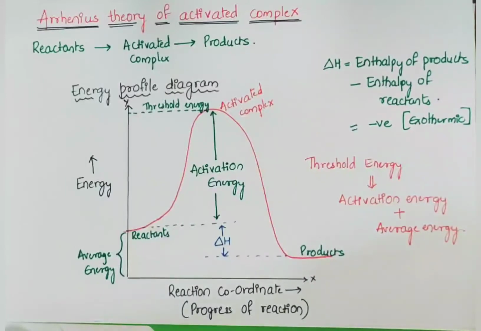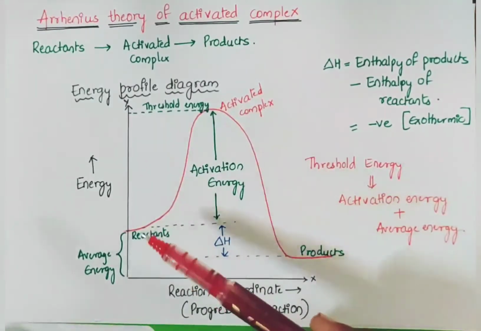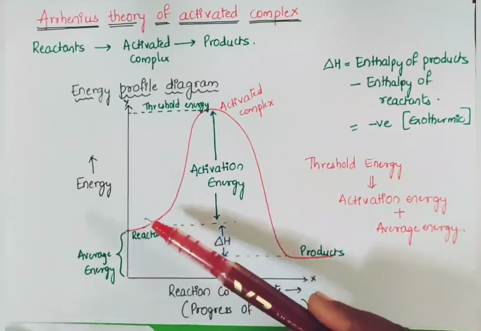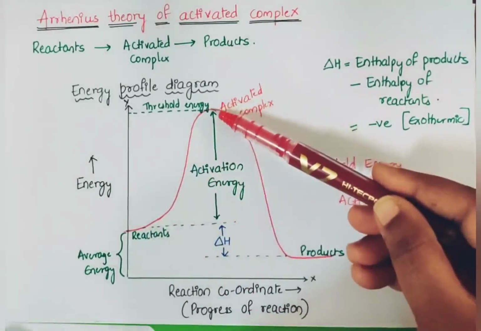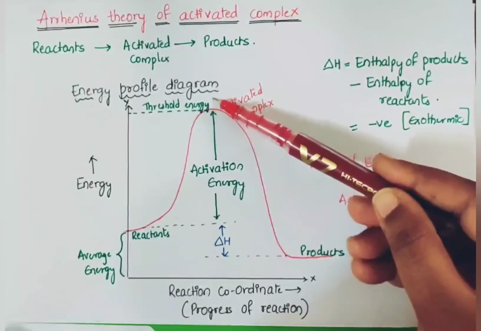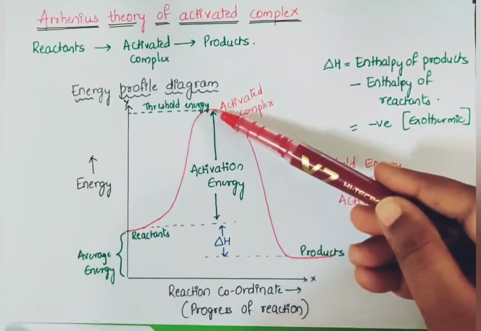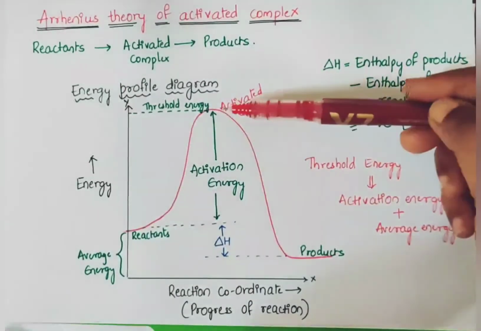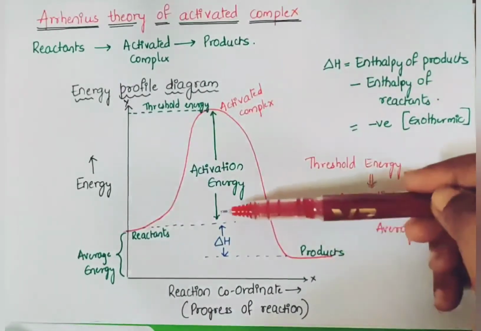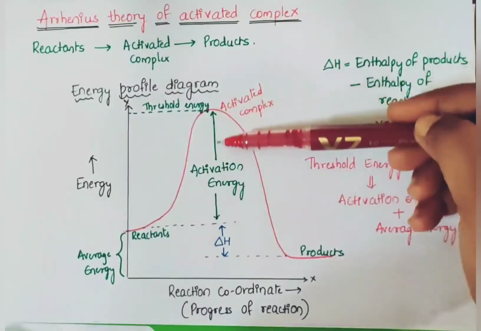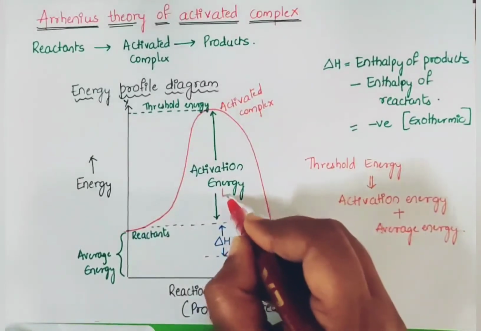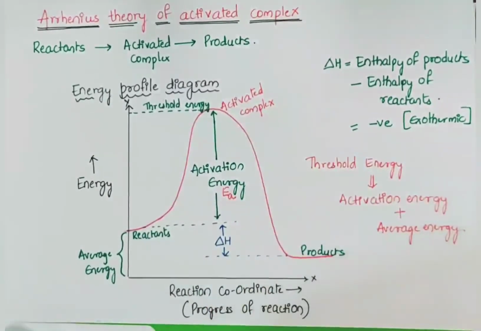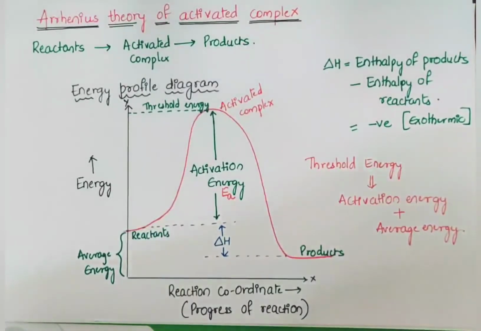to form the products. So some amount of energy has to be supplied to the reactants such that they can absorb the energy and attain an energy equal to or greater than the threshold energy, so that they can form the products. This energy that is supplied, or absorbed by the reactants, is referred to as energy of activation, also given as EA. So that is referred to as activation energy or energy of activation.